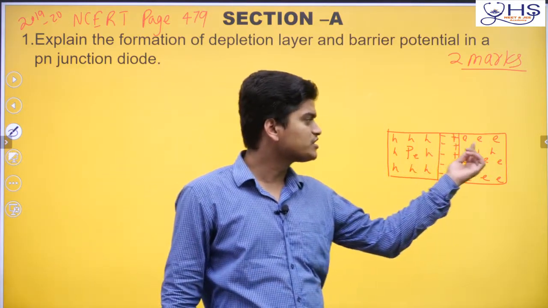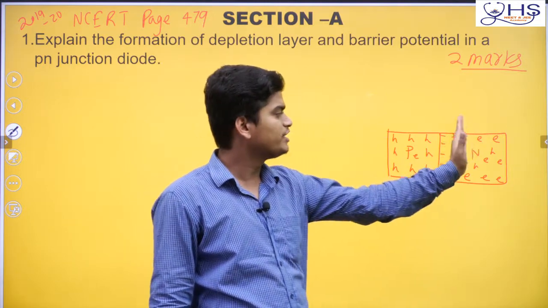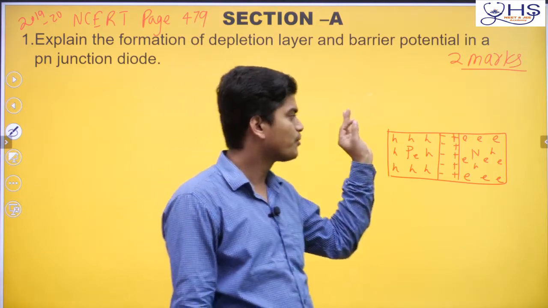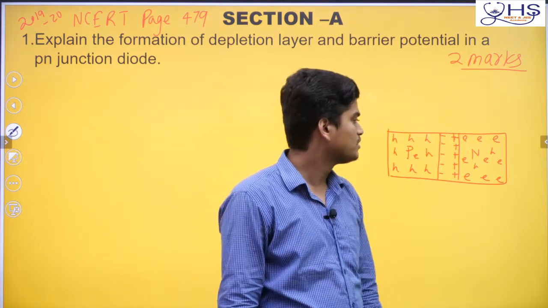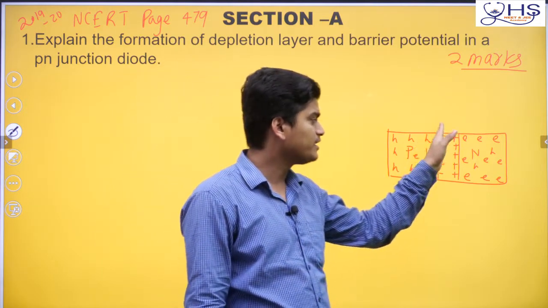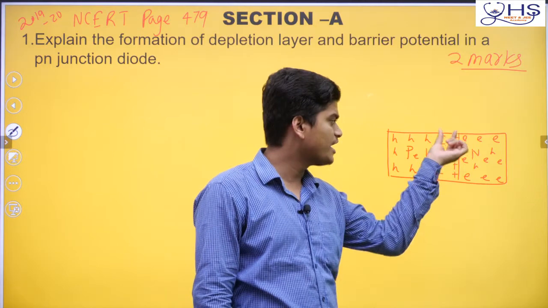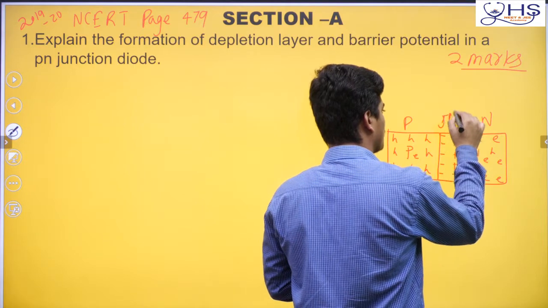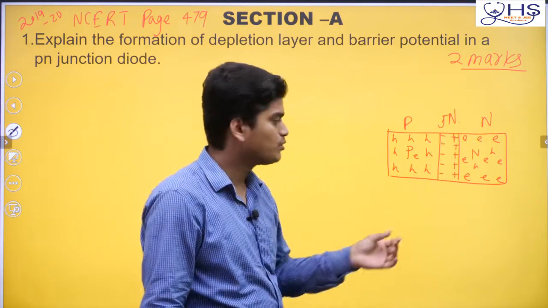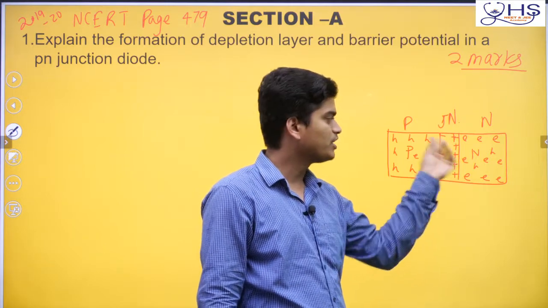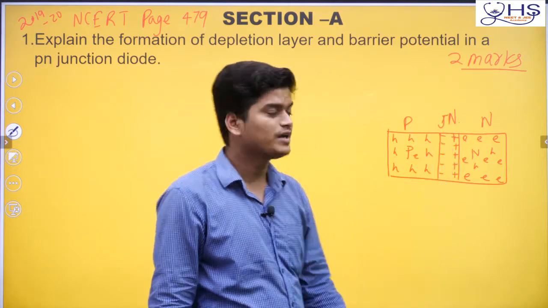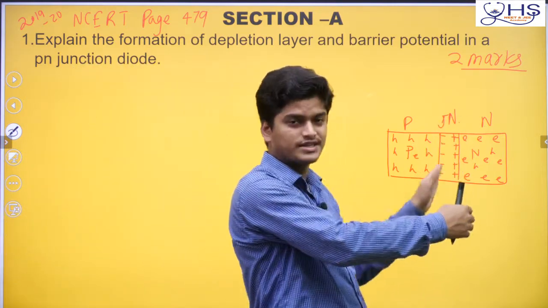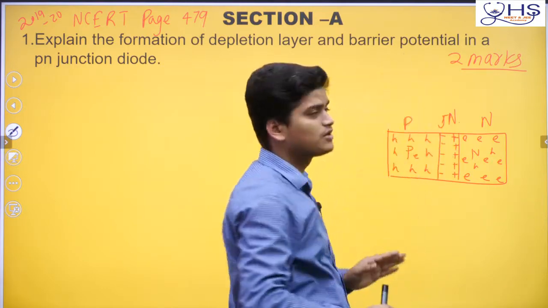So what will happen due to this concentration difference? Electrons will diffuse from the n region to the p region. Similarly, holes will diffuse from the p region to the n region. Then what will happen here? They leave behind negative and positive ions at this junction layer. This is the p side, the n side, and this is your junction. They leave this negative impurity here. Then this region will be free from electrons and holes, and this will act as the depletion layer. And whatever potential is developing here, one side positive and one side negative, that is called the barrier potential.